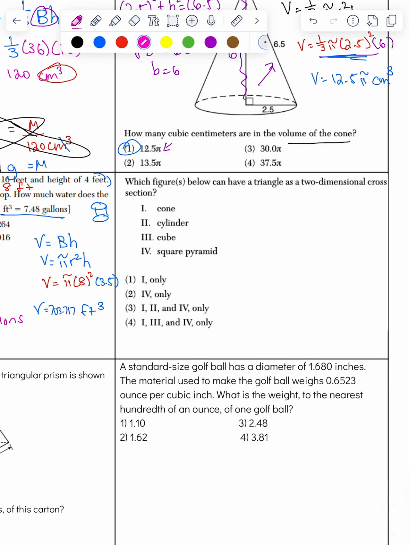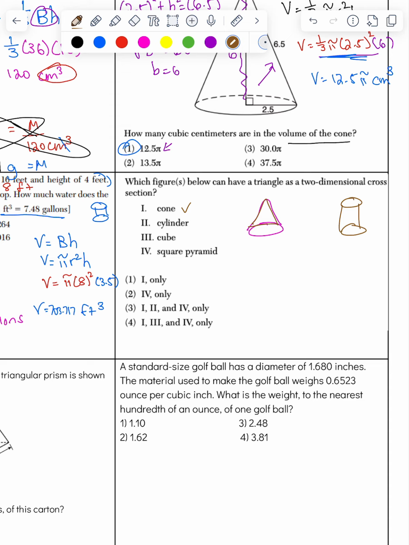Which figures below can have a triangle as a cross-section? So a cone, absolutely, because if you take a vertical cross-section, it will be a triangle. There's the triangular part of the cone, so that one should be a little bit obvious there. So one does work. A cylinder, you're not going to be able to get the triangle out of a cylinder. A cylinder, you could get circles if you go parallel to the base. You could get rectangles if you go perpendicular to the base. And you can get an ellipse if you go diagonally,